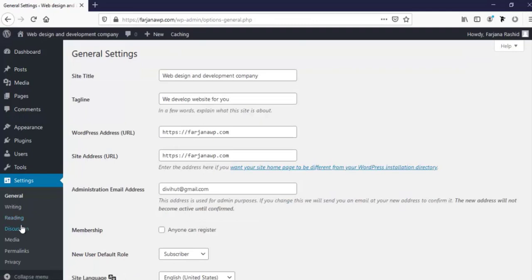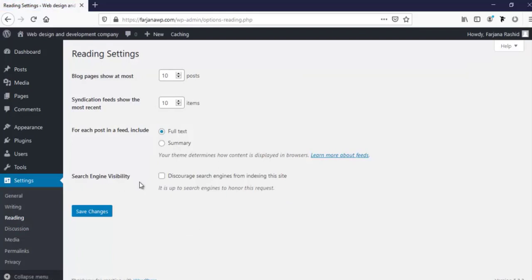and next I'm going to reading, and from here I'm just disabling search engines from indexing this site because we are still developing this site. When the site will be ready and SEO friendly, then we can make it on. For now I am disabling it and save changes,